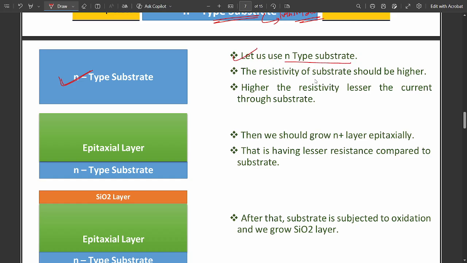N-type substrate, the resistivity of the substrate should be higher. Resistivity of the substrate should be higher, meaning you know R equals rho L by A. And conductance is the reciprocal of resistance. So the n-type semiconductor is